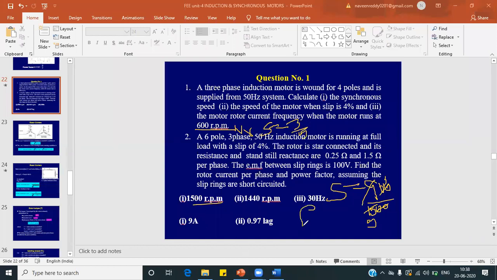Now you have to calculate the rotor frequency fr. Fr is equal to slip times stator frequency. The slip value is 3 by 5 and the stator frequency is 50 Hz. So 50 by 5 is 10, multiplied by 3, that is 30 Hz. Of course, the explanation on this slide is not that good because writing with a pen is difficult, but you have understood. So I advise you to definitely do multiple problems on these concepts.